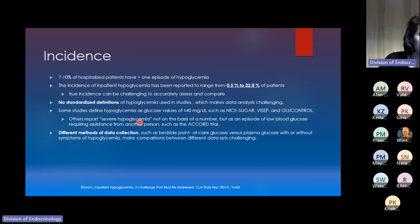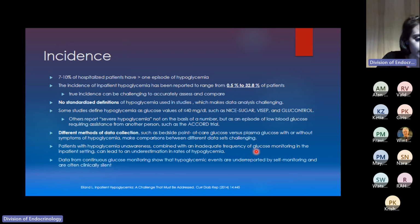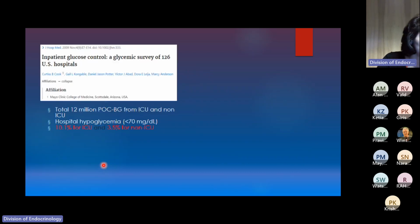And another thing was different methods of data collection. Some will use point of care, some use plasma glucose, and now actually CGMs are being used as well. So there's no standardized cutoff used in these studies. And then there are patients who have hypoglycemic unawareness, because in the hospital, unless they're just doing the routine check, sugars aren't checked 24/7. So there can be patients with hypoglycemia unawareness who go missed. And there can be inadequate frequency of glucose checks. And now with CGMs, they're showing that the events are underreported by self-monitoring and are often clinically silent. However, regardless,